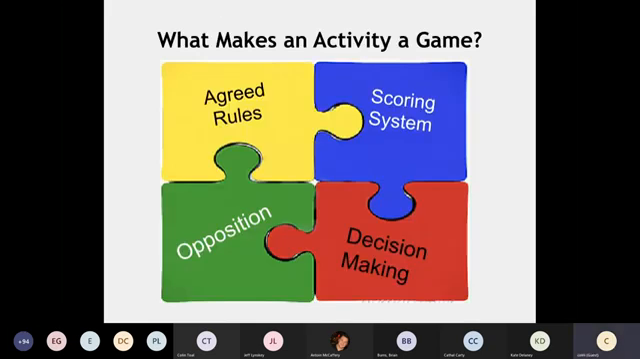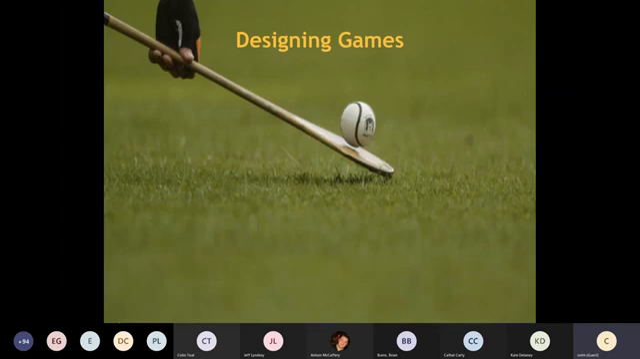So what makes an activity a game? An agreed set of rules, a scoring system, an opposition, and something that will make them make decisions, so a decision-making process. So for designing games, what we're looking at is